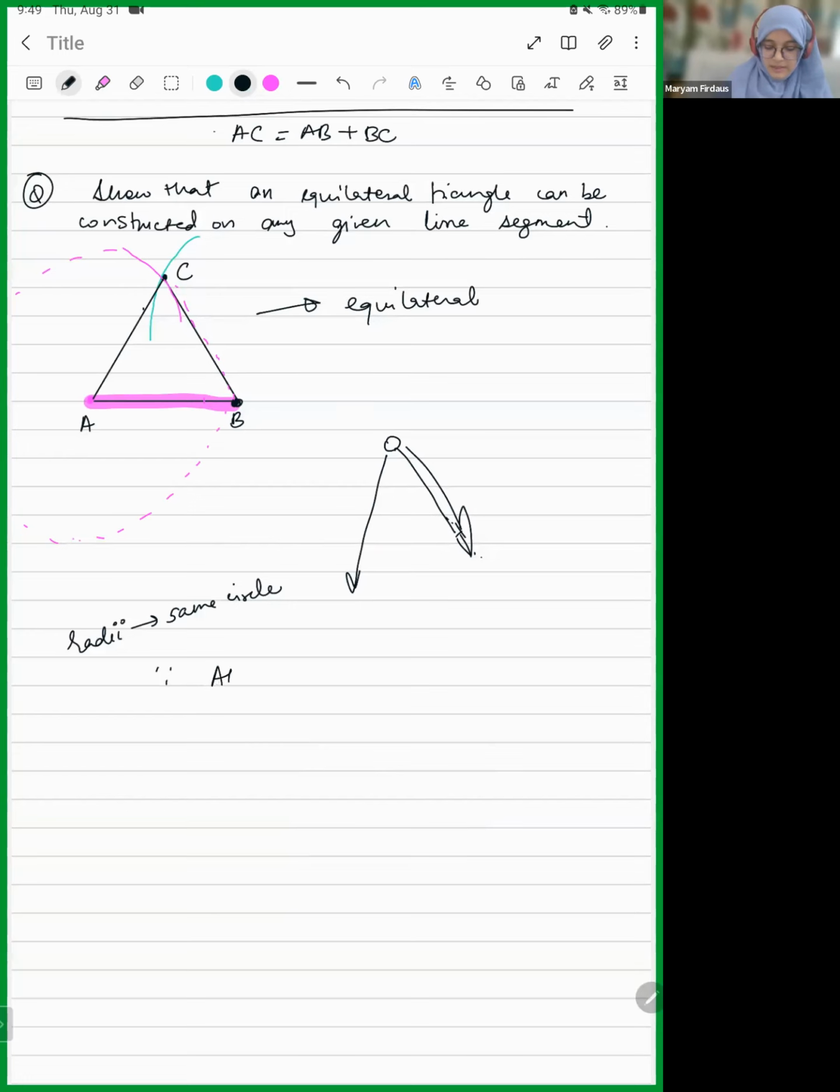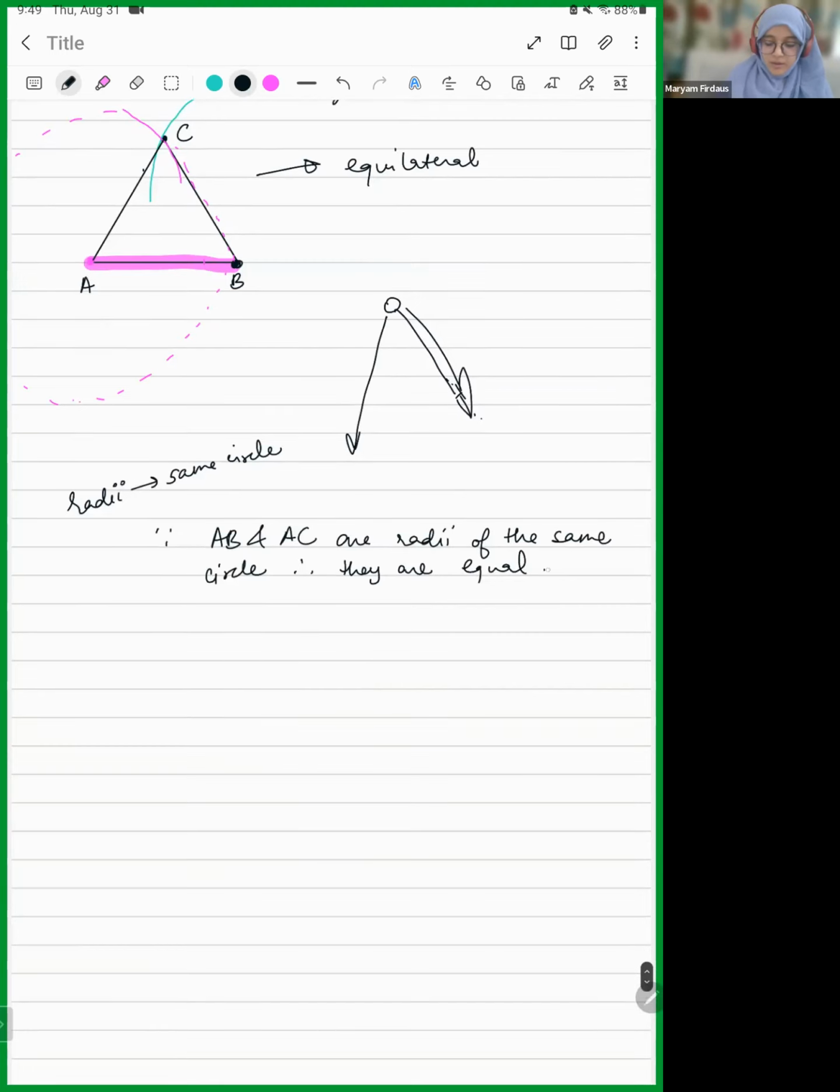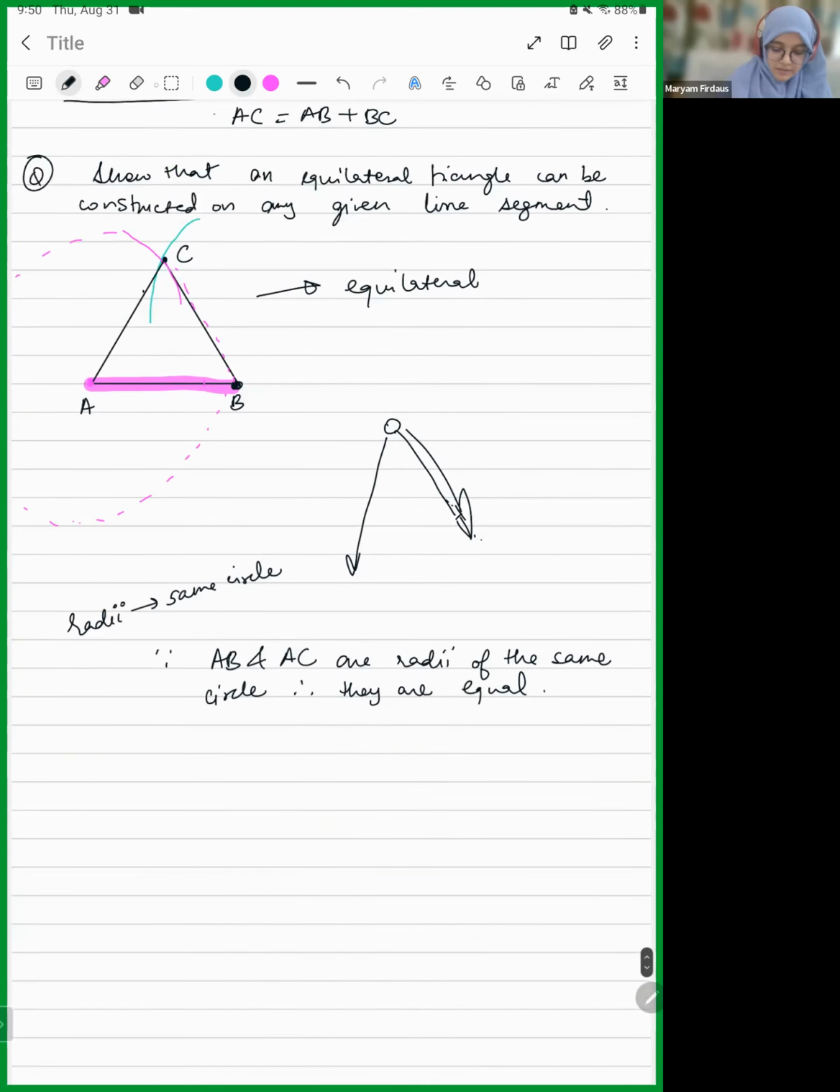Since AB and AC are radii of the same circle, therefore they are equal. Any doubt in this? No, ma'am. Okay. So now since they are equal, and one more thing, similarly we can say that we can draw